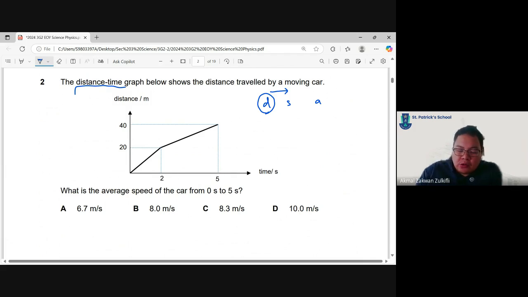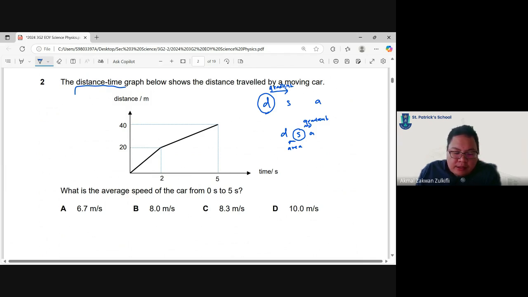Please remember, going to the right is the gradient. Most of the time we take the gradient. If it is a speed-time graph, then we go and circle speed. After you circle speed, you know that to the right is gradient and to the left is distance. We take the area. So if you want to find distance, I take the area. If I want to find acceleration, I take the gradient. But it's a distance-time graph, so you want to find speed, we take the gradient.